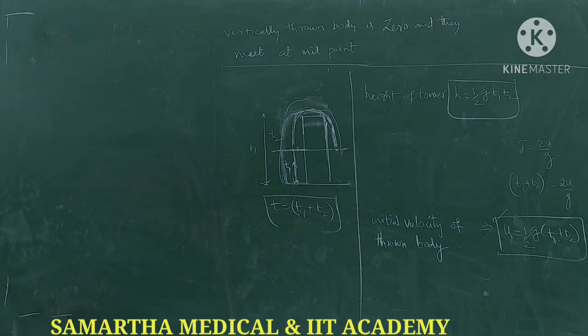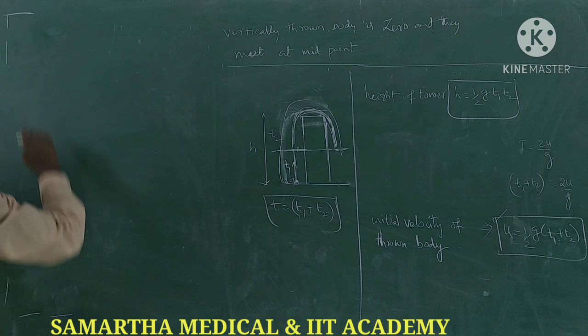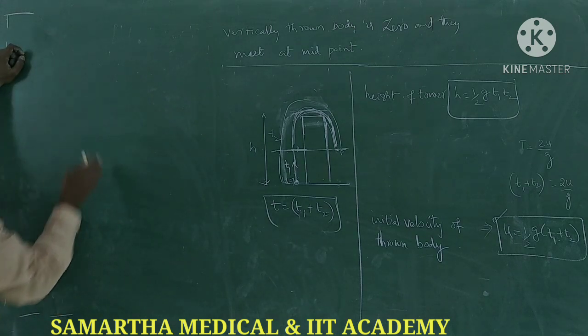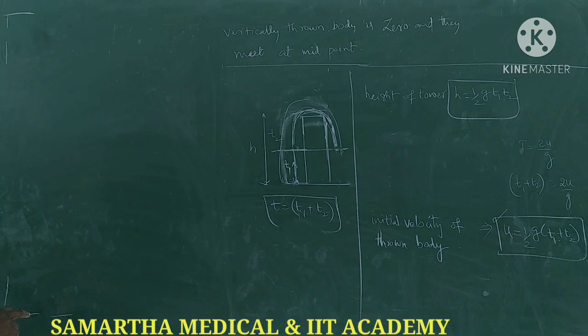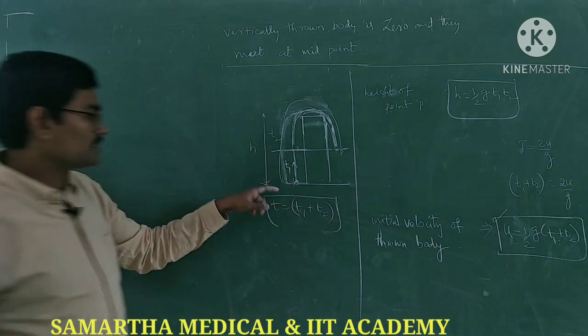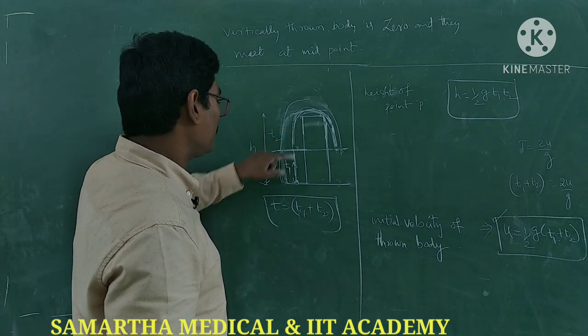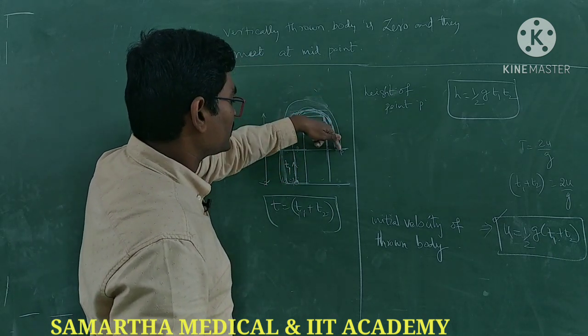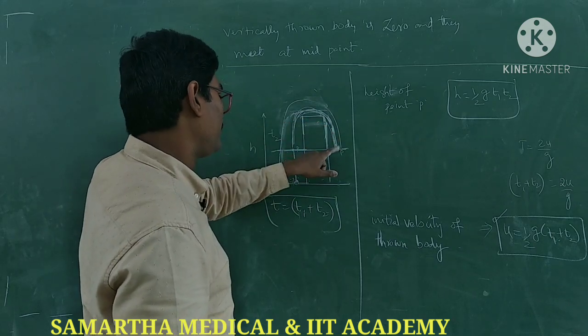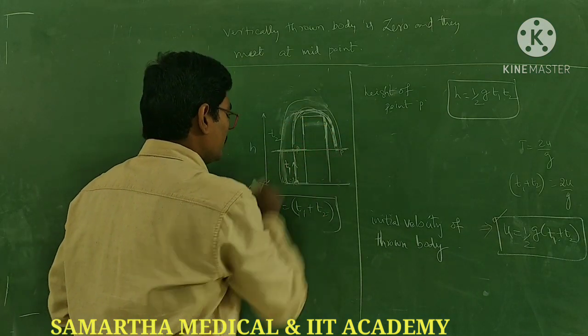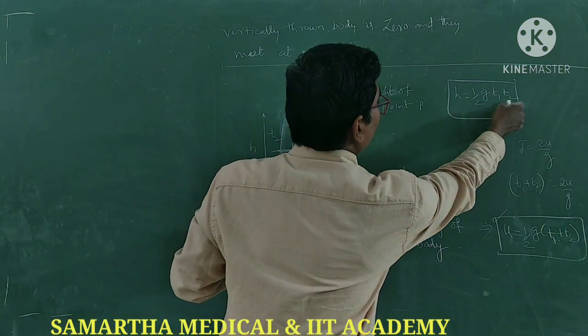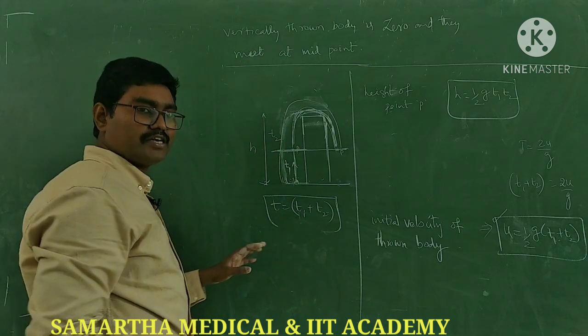After this we can write another condition. So you know that, what is the maximum height reached by the body? See, the body is thrown vertically upward with velocity u. After time t1 seconds it reaches the point P from the ground. On the other side it takes time t2 seconds to reach the same point P. Then the height of the point P, h, is equal to half g t1 t2. Right?